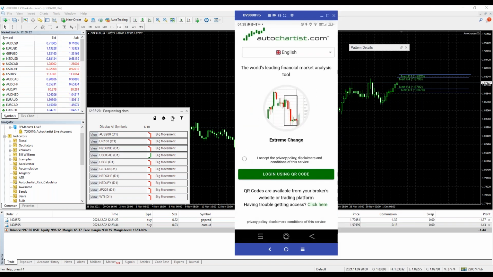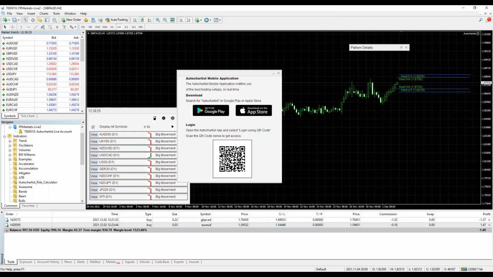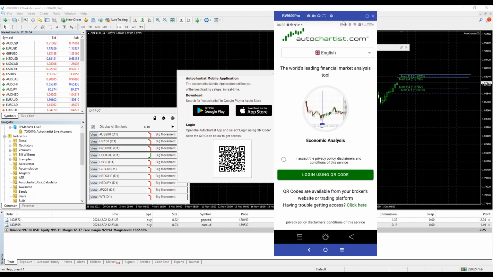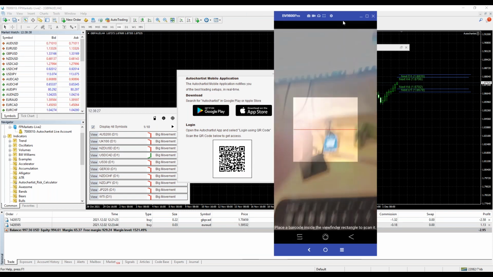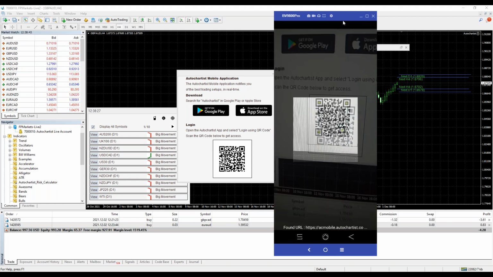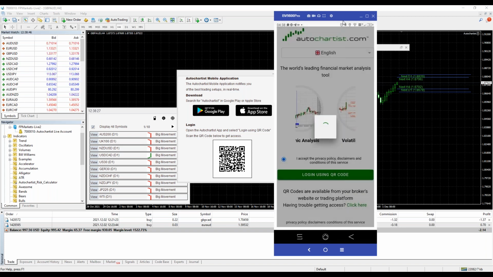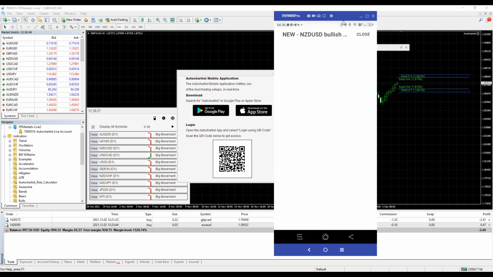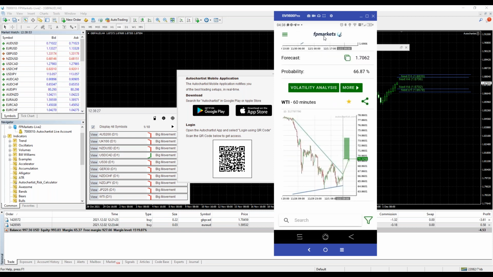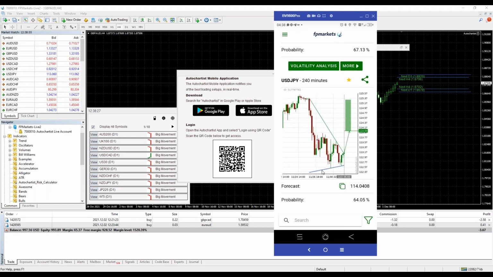And then what you can do is click this little icon here, which is the cell phone icon. And on the mobile app, you can scan it. So you can click on login using QR code. And then I find the QR code. Okay, it's found the QR code, and now it'll log me in. Okay, there we go. So I'm on my mobile app, and now I'm having a look at all the opportunities